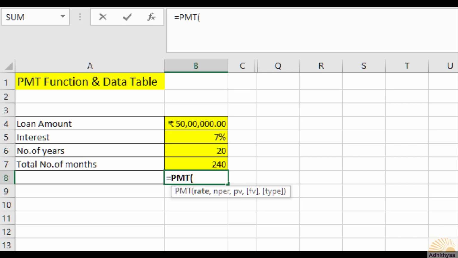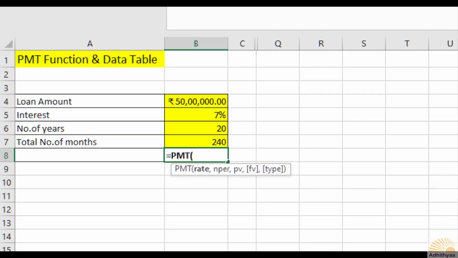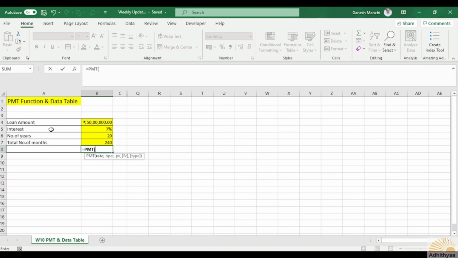Equals to PMT. The first one is the rate. The rate in this case is interest. This is basically B5. And this 7% interest is not on a monthly basis but on an annualized basis, in which case we have to divide it by 12. Now I'm going to close only this portion, this particular calculation, B5 divided by 12,